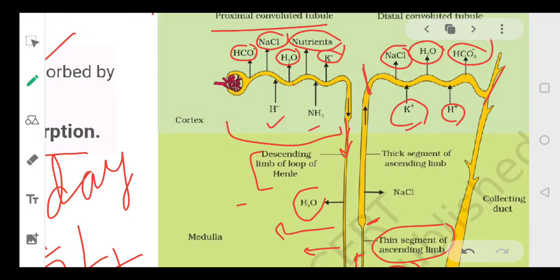ठीक है, तो आपके पोटेशियम आयंस और आपके हाइड्रोजन आयंस वो वेस्ट में ऐड किए जा रहे हैं. ठीक है, और सोडियम क्लोराइड, वाटर और बाइकार्बोनेट्स आयंस ये रीएब्जॉर्ब हो रहे हैं. ओके,